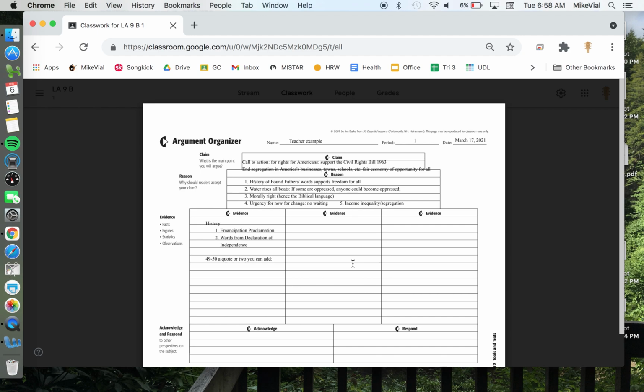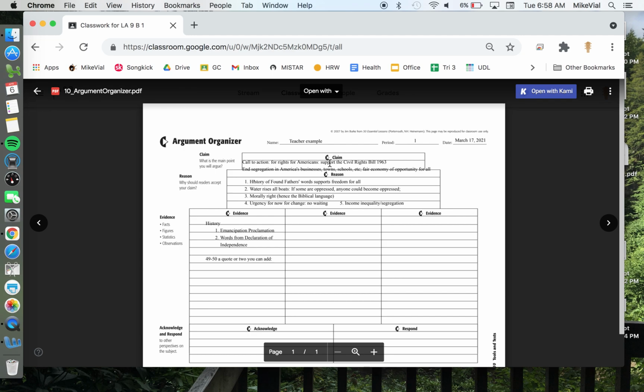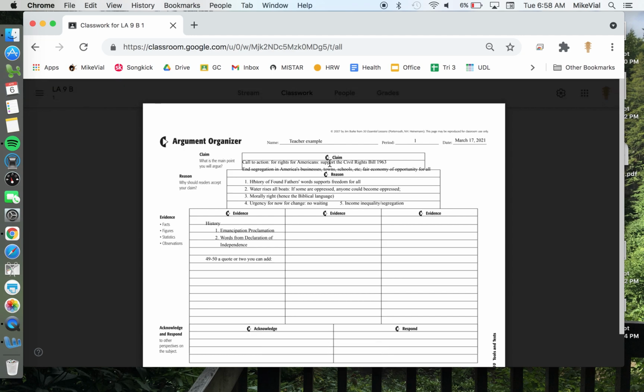Okay, so as of today, if you haven't done the LeBron notes or the Martin Luther King notes, I am not accepting any late work on that assignment. But what you will do is fill out this argument notes on your zombie letter approach, and that will replace your missing grade. I also can meet you in office hours or work with you at other times if you need some help with this.